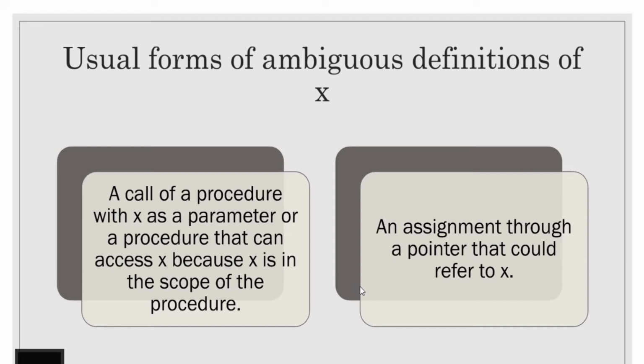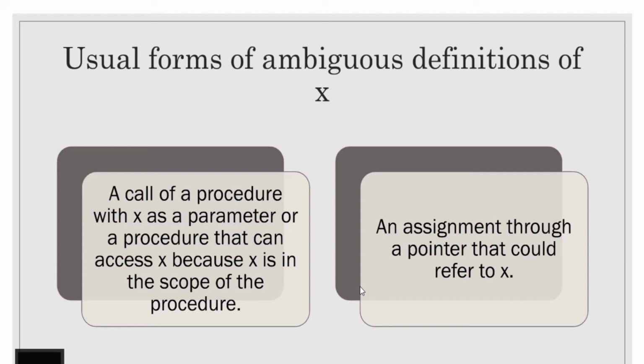Usually a definition of variable X is a statement that assigns a value to X or may assign a value to X. The most common forms of definitions are assignments to X and statements that read a value from an input device and store it in X. So those are called assignment statements. These statements will certainly define a value for X, and they are referred to as unambiguous definitions of X. Unambiguous definition means they will certainly assign a value to X.